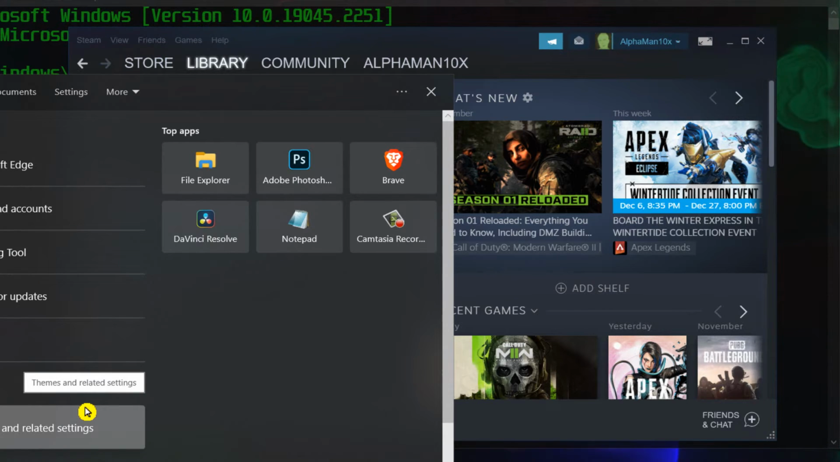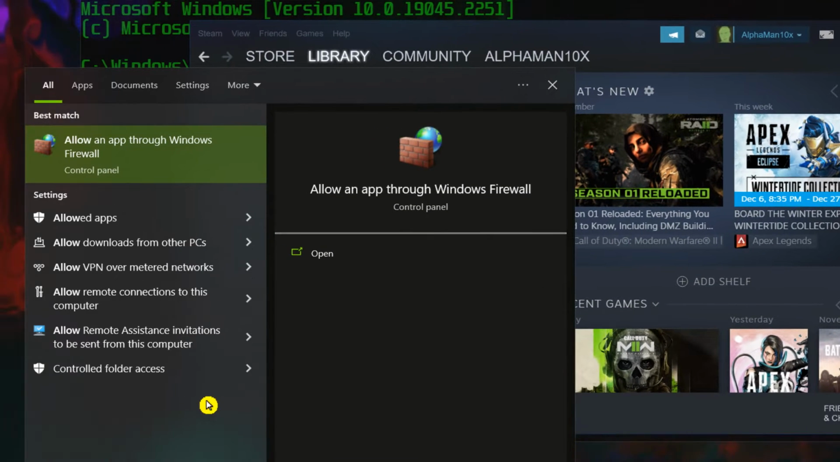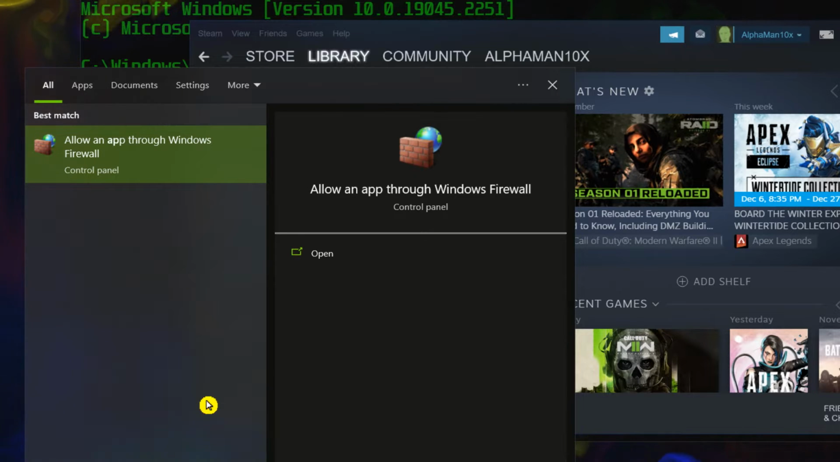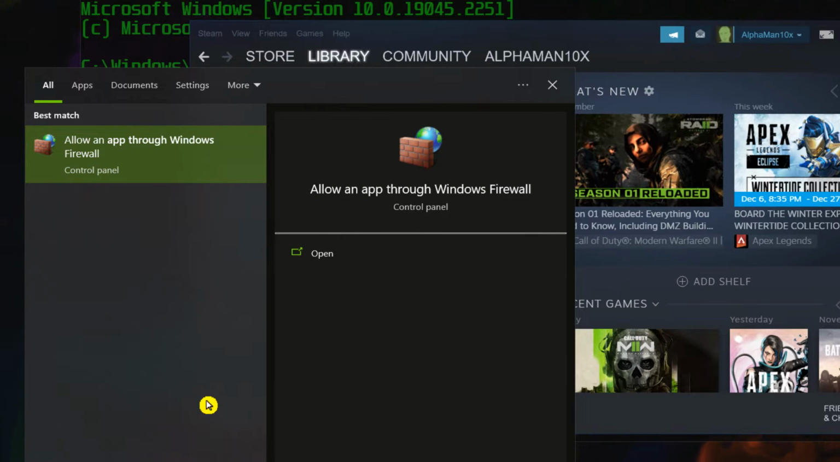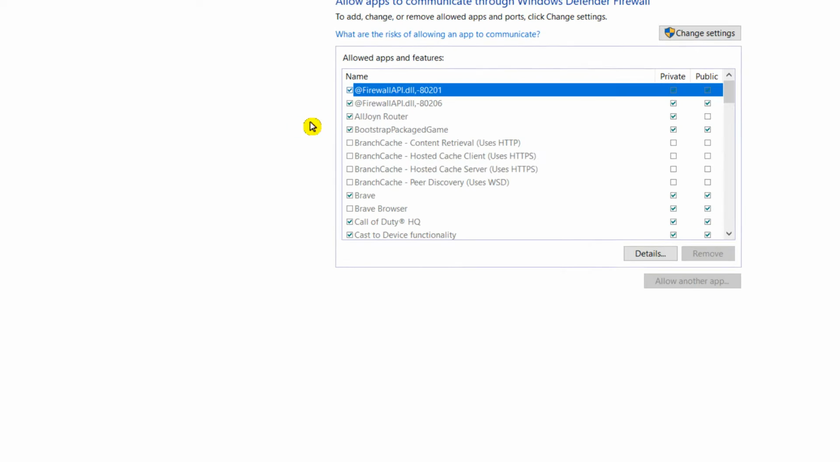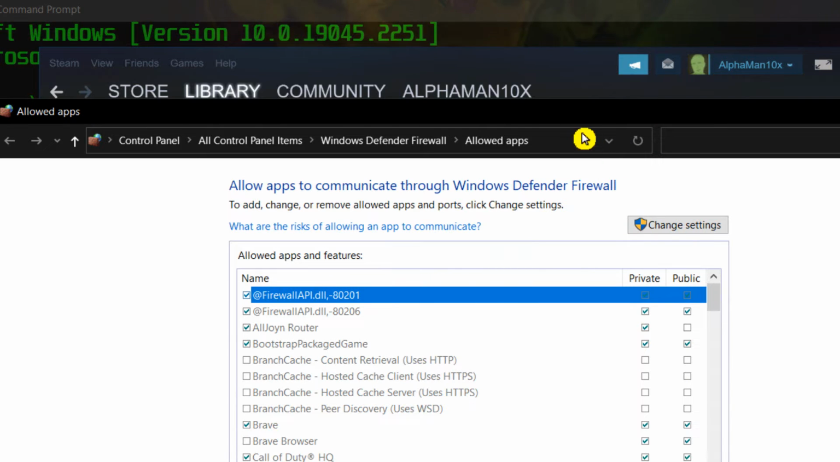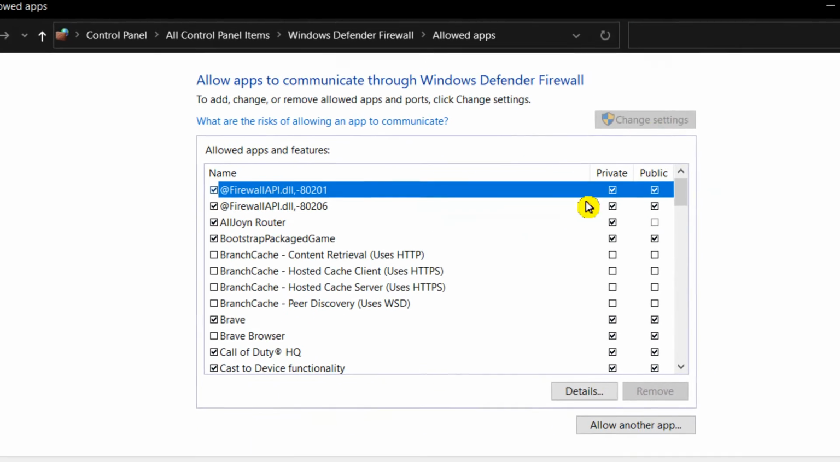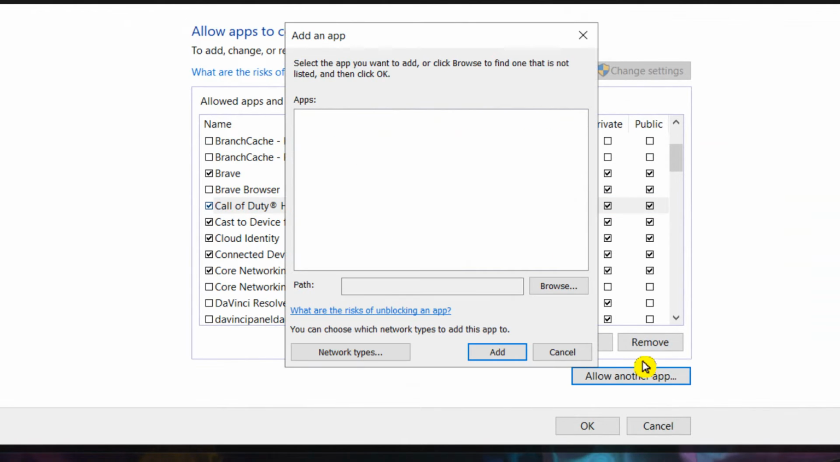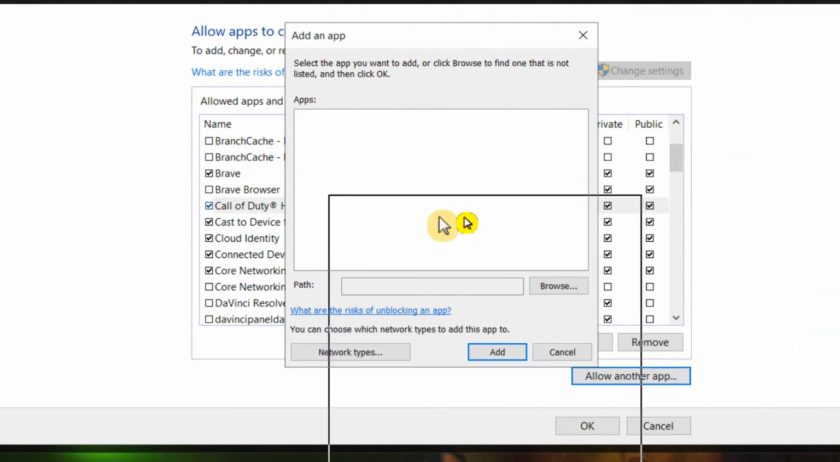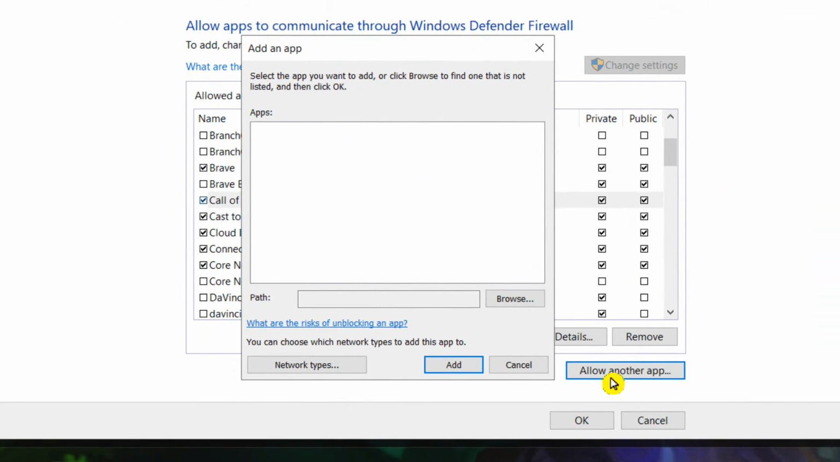Click on the search bar here and please type allow an app through Windows firewall. Click. And here, change settings, and you need to add Call of Duty. If you don't see Call of Duty, you can find it here. Click on this button, allow another app, browse,